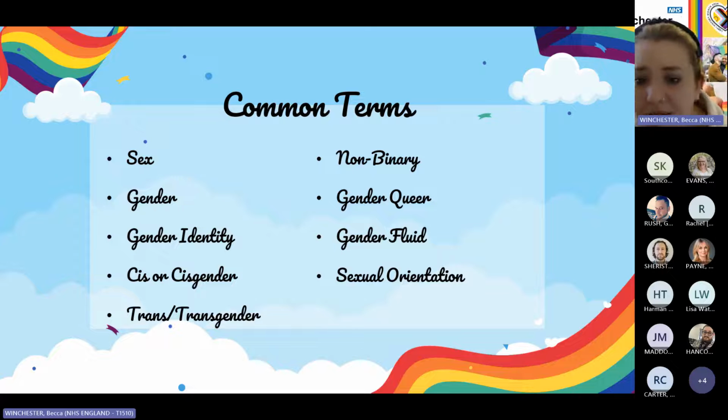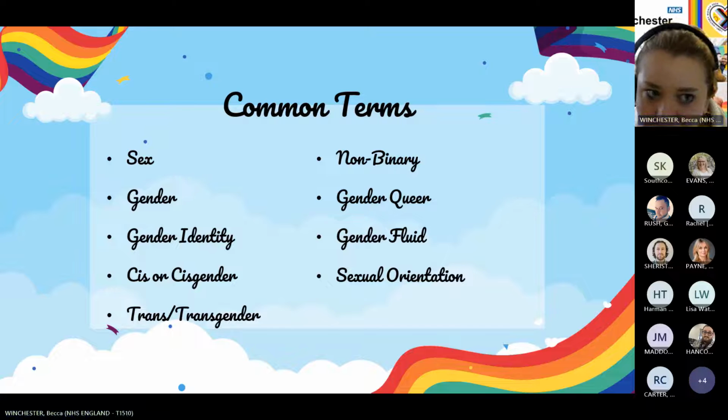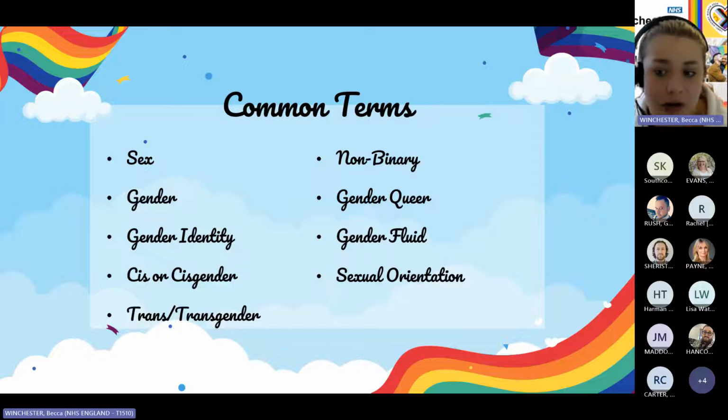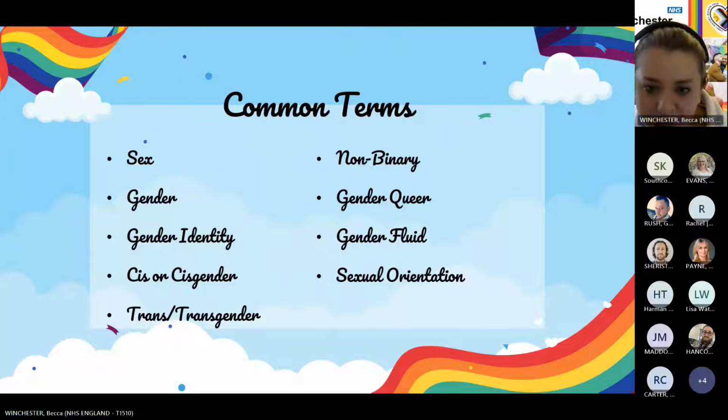Next up is gender, which is really quite complex. So that in itself is a social and legal status, as well as a set of expectations from society about behaviours, characteristics and thoughts. Now, gender identity is that internal perception of one's gender and how they label themselves based on how much they align or don't align with what they understand their options for gender to be.